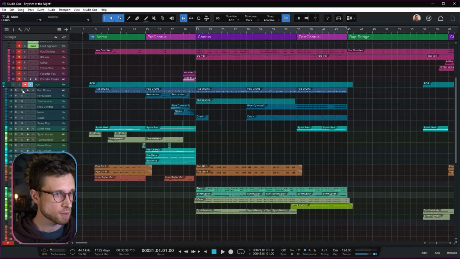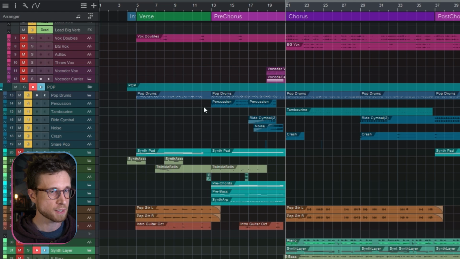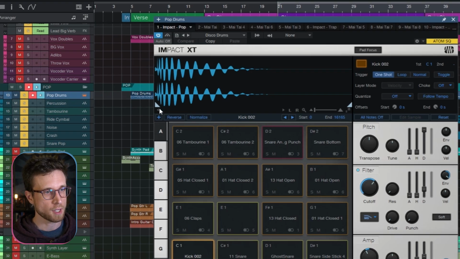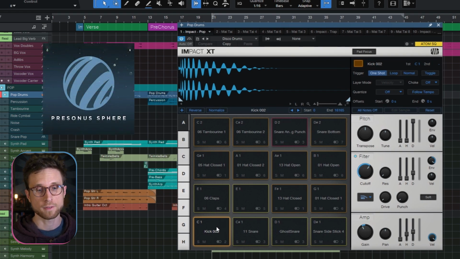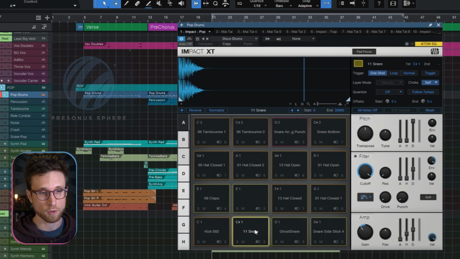So focusing in on the drums, let's take a look. This is all the drum tracks for this section here. Basically, we've got a sampler, Impact in this case, running a bunch of samples that I've taken from various PreSonus libraries. I've taken a lot of the sounds and worked with them quite a bit in terms of shaping the samples, layering them, processing them. We're going to look at that in the next video, but here's just a little taste of all the sounds